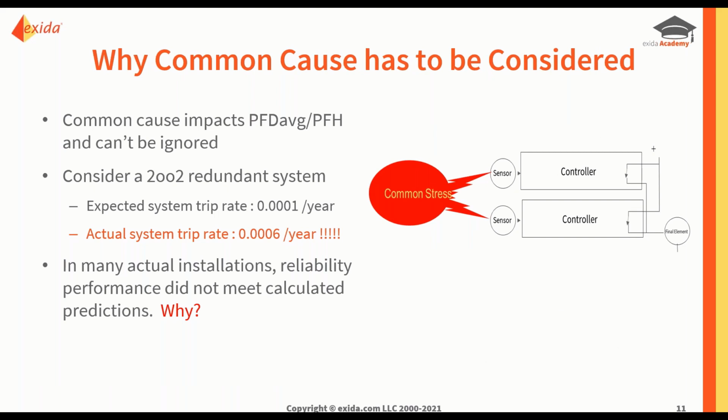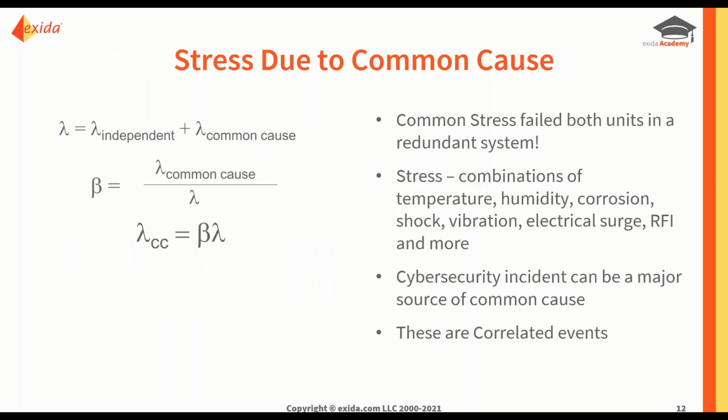So why do we have to consider common cause? Because it has an impact on the dependability, the PFDavg or the PFH, from the random hardware failure point of view. So for example, here we're looking at a 2 out of 2 redundant system where we would expect a very low spurious trip, but in fact we're getting a much higher spurious trip. And so of course the question would be, why is that? And the answer is that common stresses can fail both units in a redundant system. The stresses that can affect them are combinations of temperature, humidity, corrosion, shock, vibration, electrical surge, RFI,